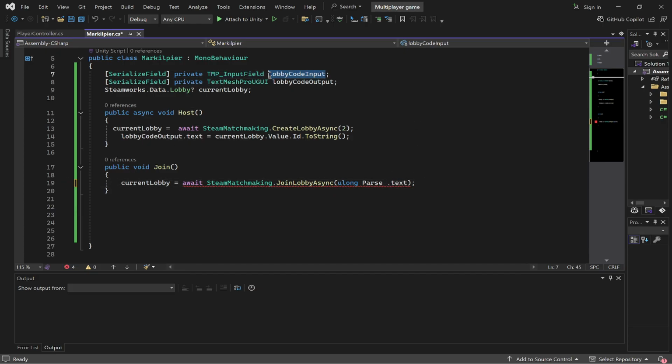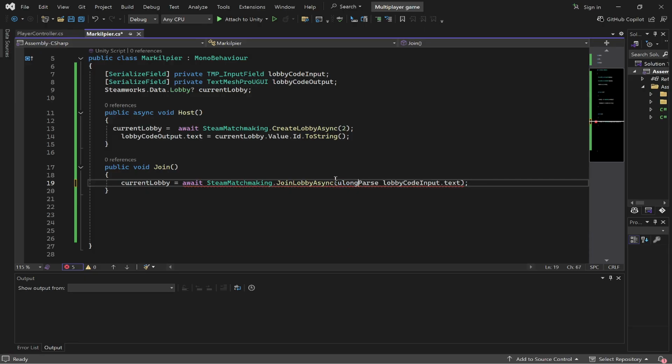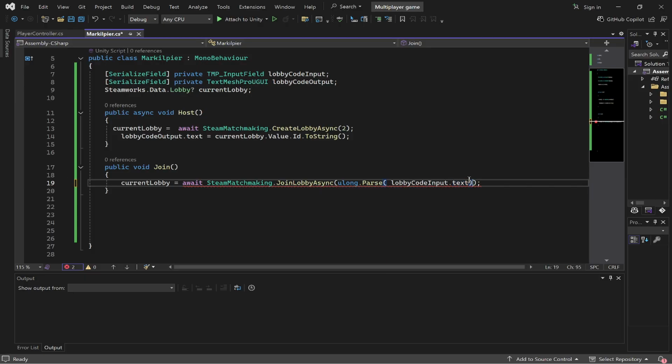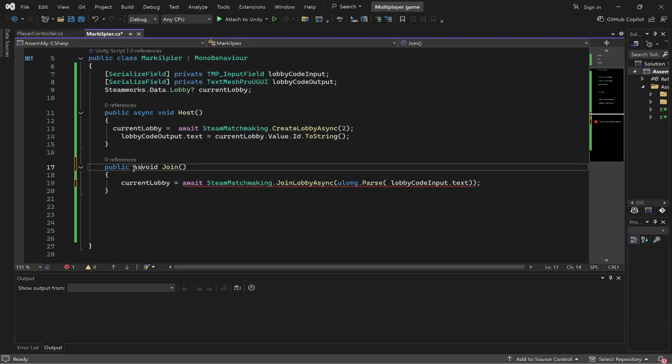The input. Okay. So let me explain this. Why are you giving me errors? Oh, because I didn't put dot and then I didn't put it in parentheses. I'm falling apart here, guys. Okay, why are you still yelling at me? What error are you giving me? Oh, wait. Oh, because I forgot to make this async. Yay, it's not yelling at me anymore. Okay,